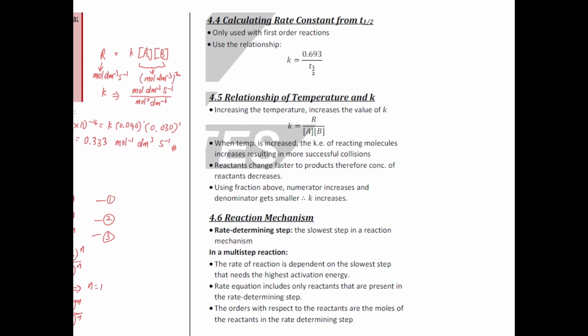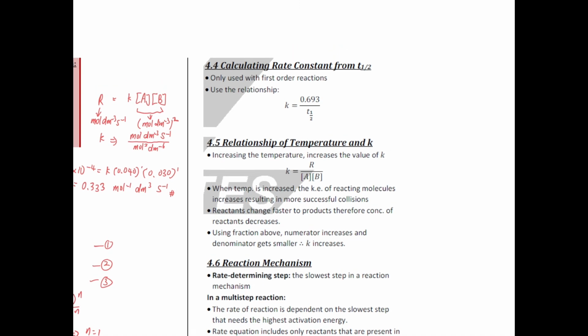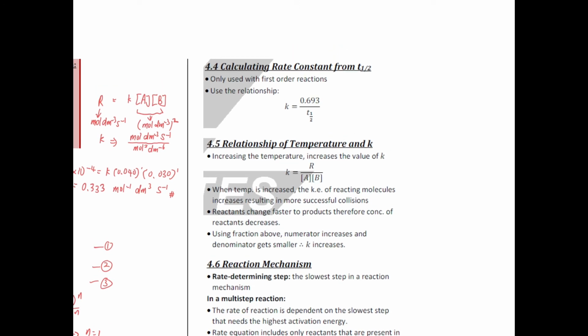4.4. Calculating rate constants from half-life. Rate constant means k. So you can find k from half-life. If the half-life is given, then you can find k. But this formula is just for first order. Remember just now I mentioned first order has a constant half-life. From there they work out the formula, and at the end they get this: k equal to